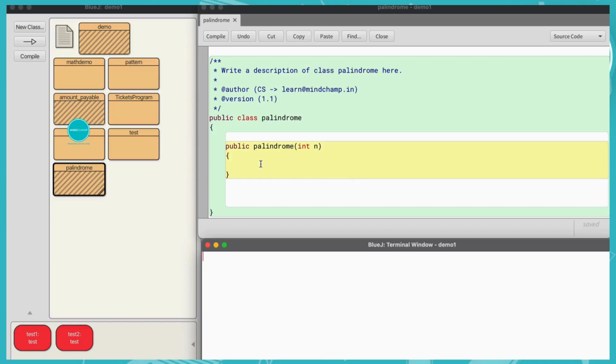Today we are going to learn how to write a palindrome program. But this palindrome program also has a sub part of reversing a number. So first we will see how to reverse a number, and then we will see how we can check it for the palindrome. Let's say the number to be checked or reversed is given to us by the user input, and the number is n.